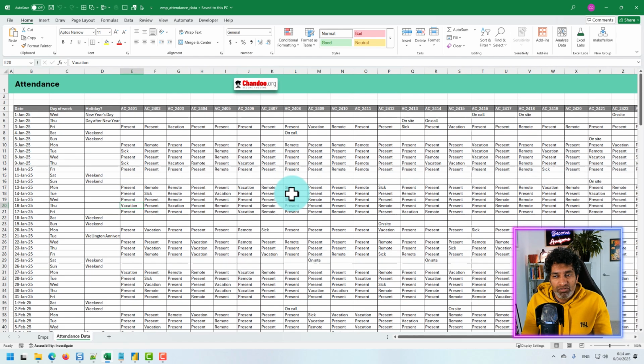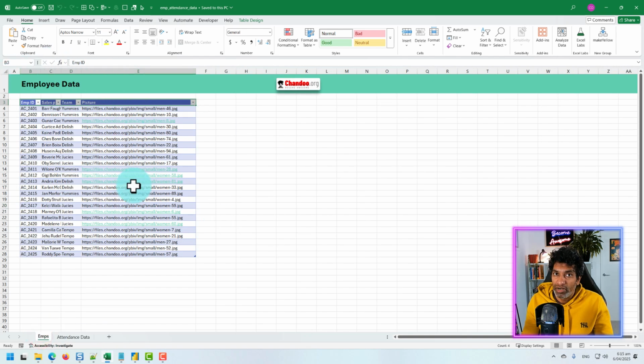This kind of data format is easy to maintain. So if you have got a spreadsheet where you're tracking your employees or your shifts or anything else, deliveries or whatever, this is easy to maintain. But when it comes to doing actual data analysis and business intelligence reporting, this is a bit of a pain to actually work with. We also have a supporting dimension table called employee data, where for each employee, I know what